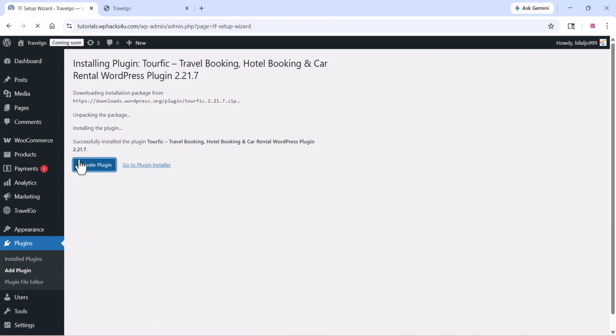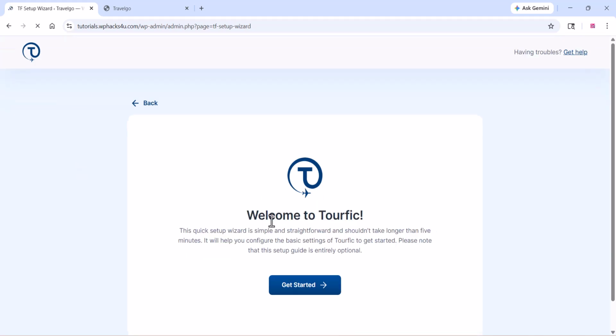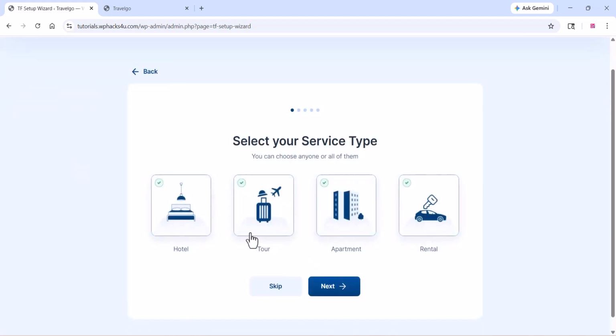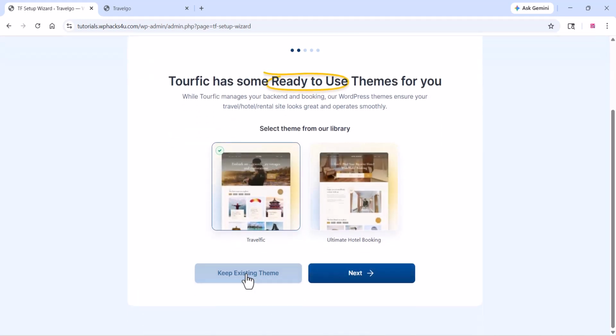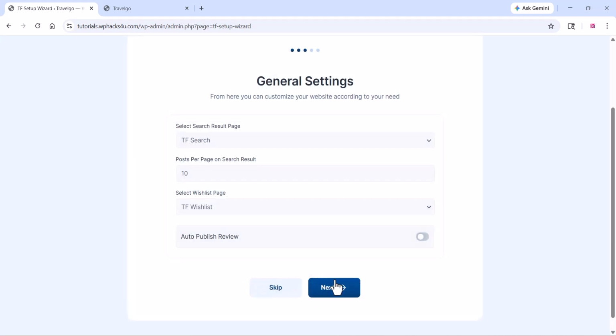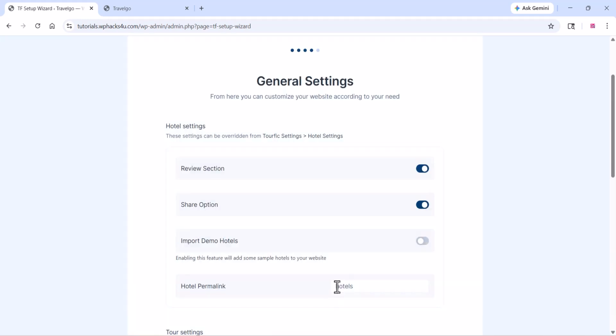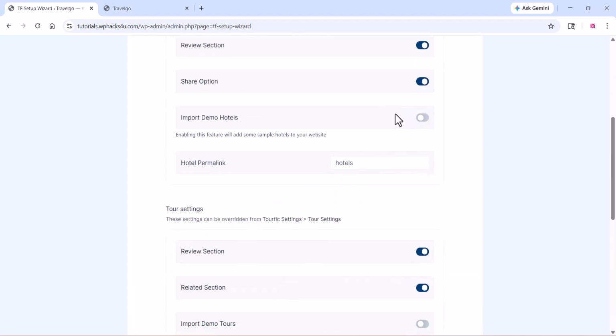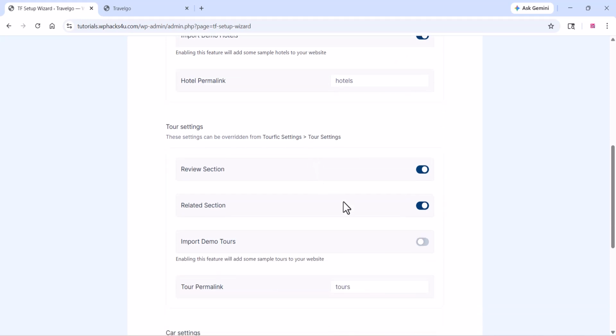So once you install the plugin, it will recommend you to install additional setups. You can click on get started, and if you want, you can install all these things, like hotels, tours, apartment, etc. Or if you have chosen particular things like hotels or tours, or if you need only tour, you can select like that and click on keep existing theme and click on next